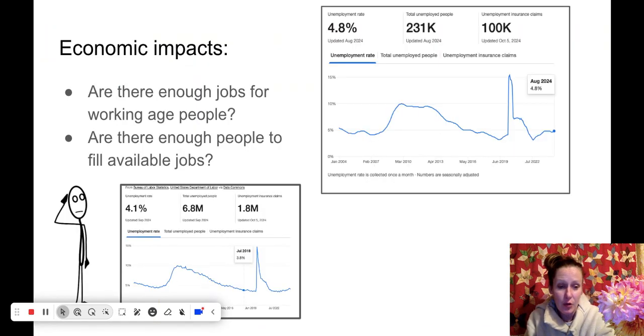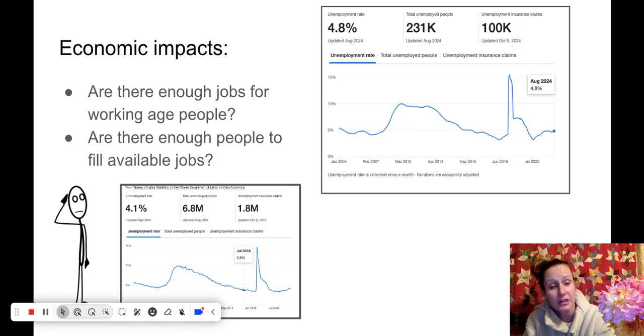With a growing population, a population cluster, also think of the economic impacts it is going to put on the area. So if the population goes up, are there enough jobs for the working age people? Because if there's not, what does that mean? Is the government going to foot the bill for these people? Are they just going to be out on the streets? Is it going to be a little bit of both?